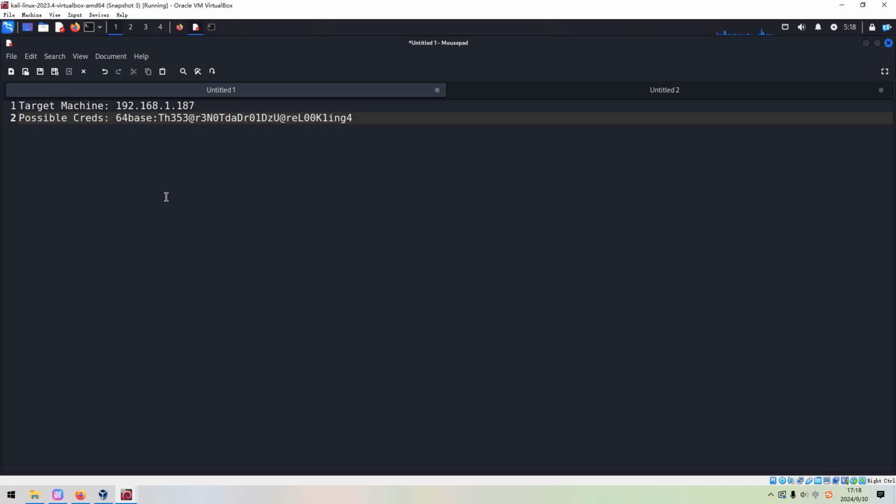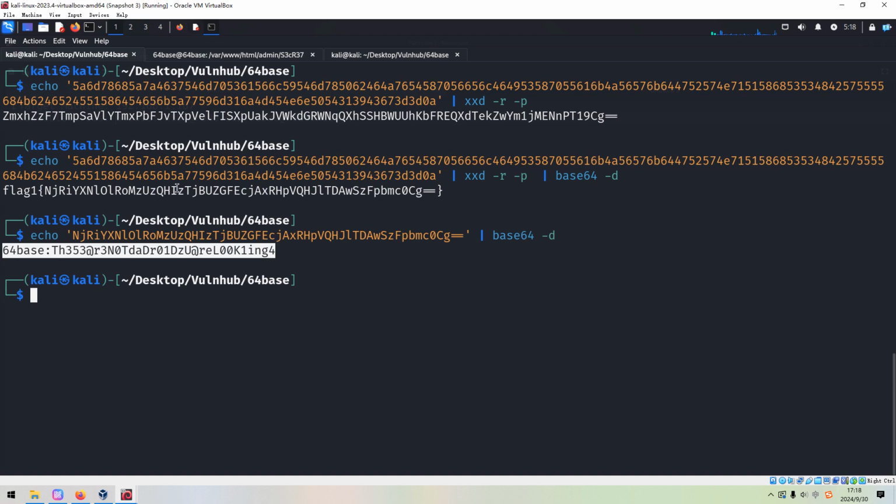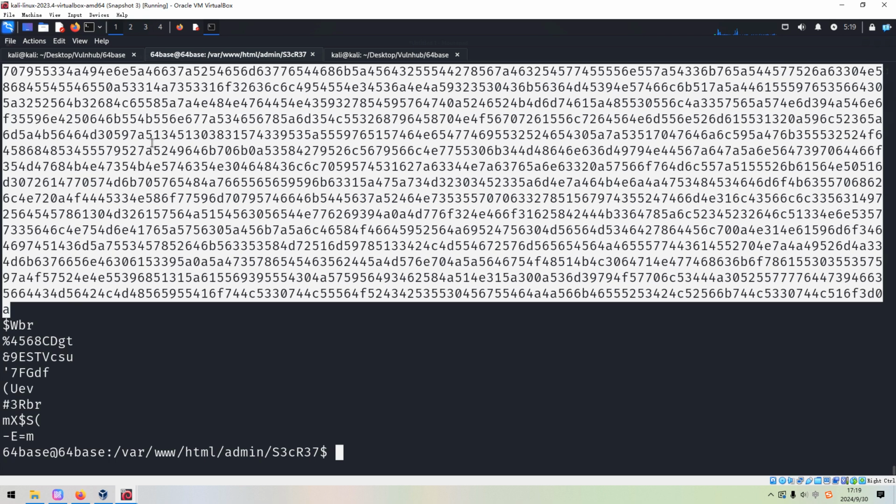So where to use them? Maybe these credentials are used by SSH. Let's try it now. This should be the username, 64base. And also we need to put the port number.